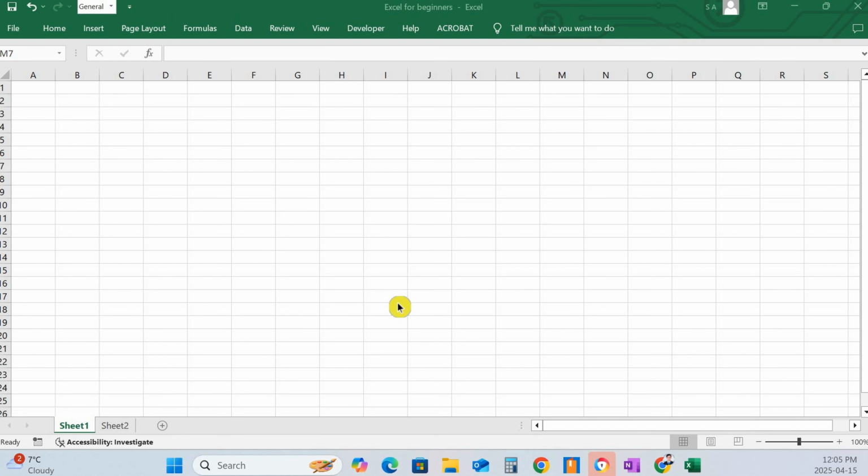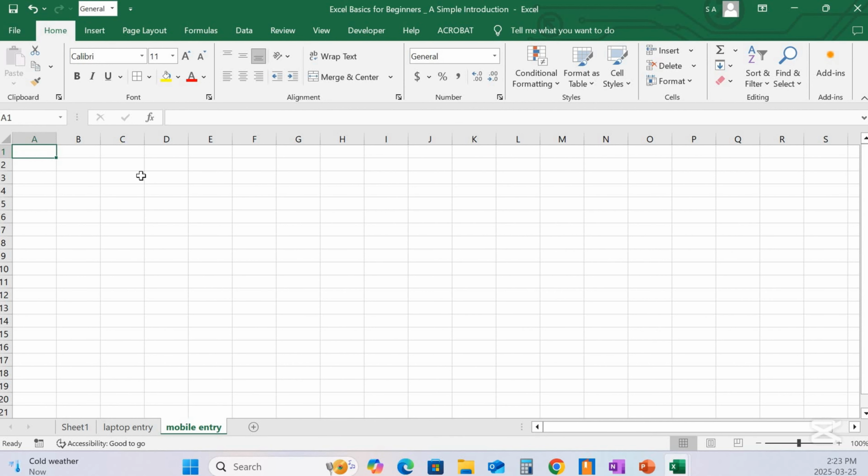Let's enter some data. This is the title. So I'll put the title, book title. Once you fill the data in one cell, if you press enter, it goes to the second row. But if you hit tab, it goes to the second column. So I want to go to the second column, so I'll just switch, and the second one is author. Then I put tab, say publish date,